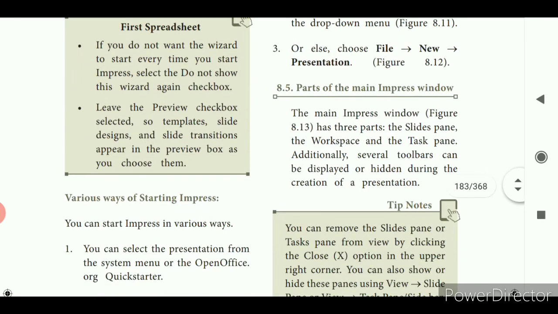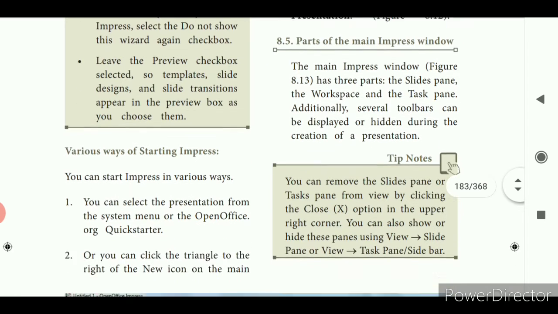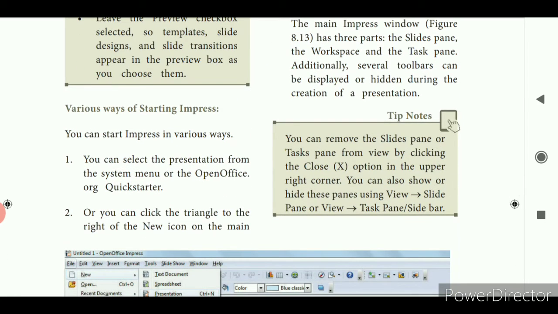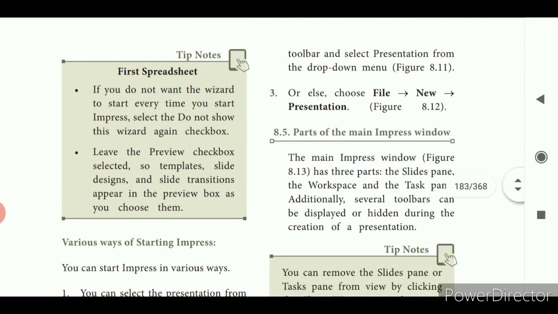So either you can go to the system menu or the OpenOffice Quick Starter, otherwise you have to click the down arrow, that is the triangle to the right of the new icon on the main toolbar, and select presentation from the drop down menu. Otherwise go to the file menu. This is the common method. Go to the file menu, select the new option and choose presentation. So file menu, file, new, presentation.